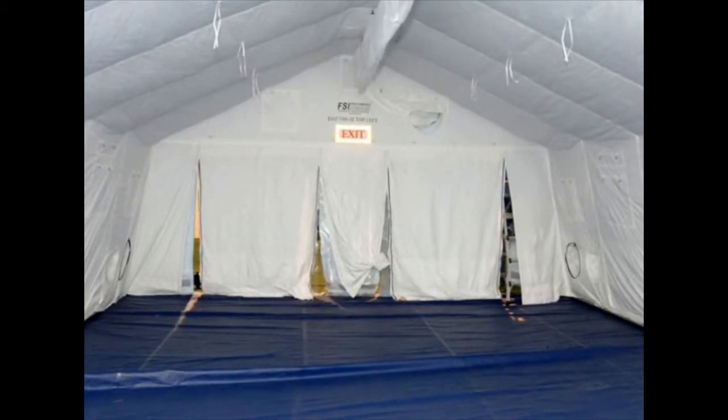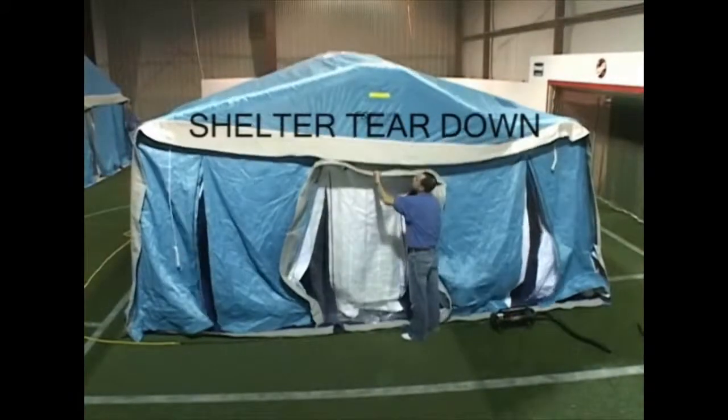All FSI surge shelter systems meet and exceed the CDC required 12+ air exchanges per hour. All shelters are equipped with multiple HVAC ducting inlets. As teardown commences,